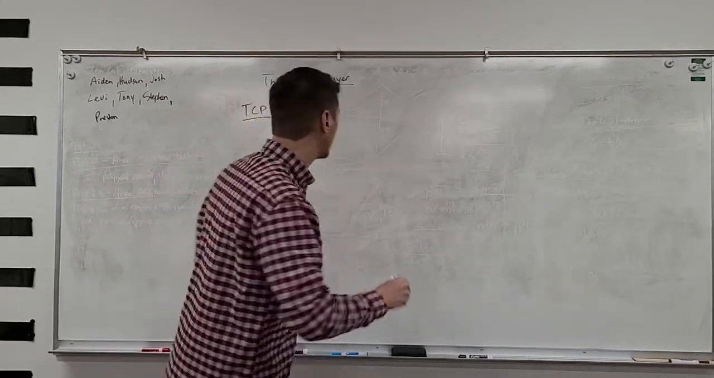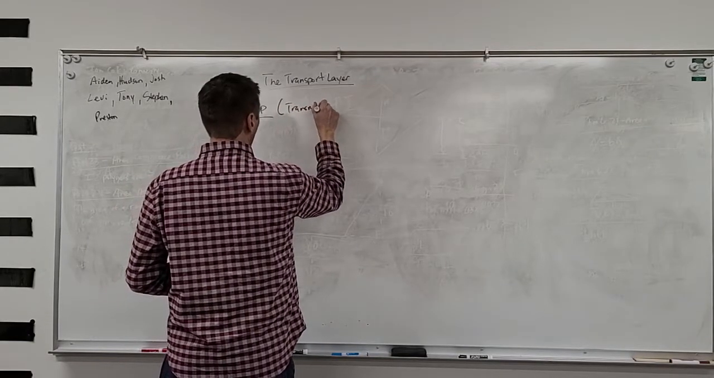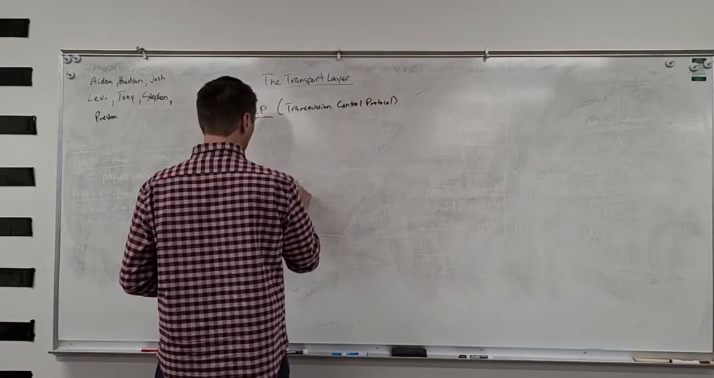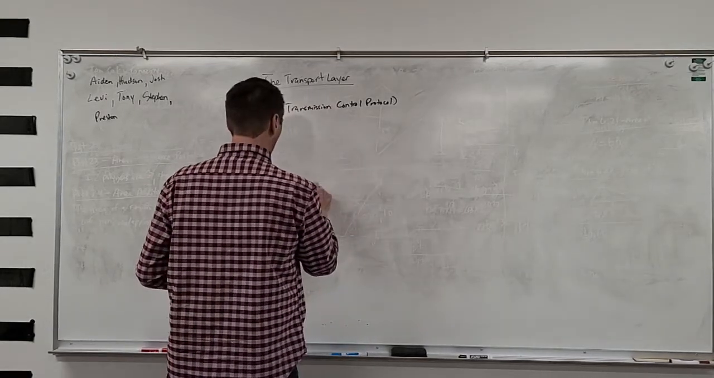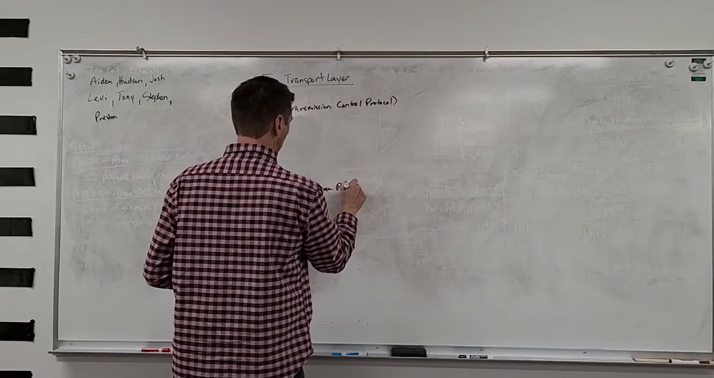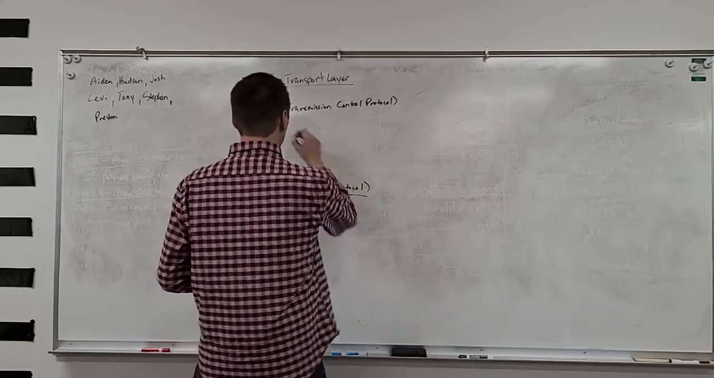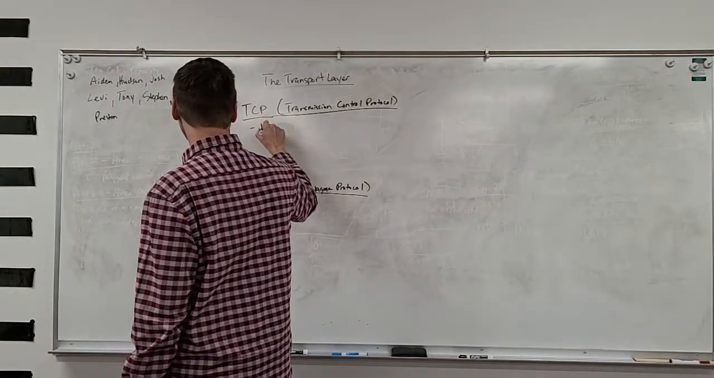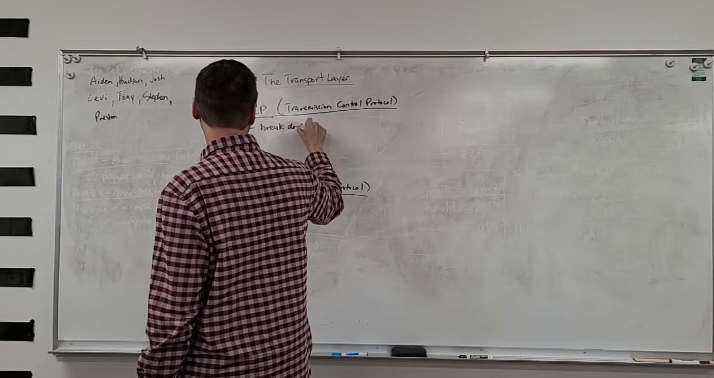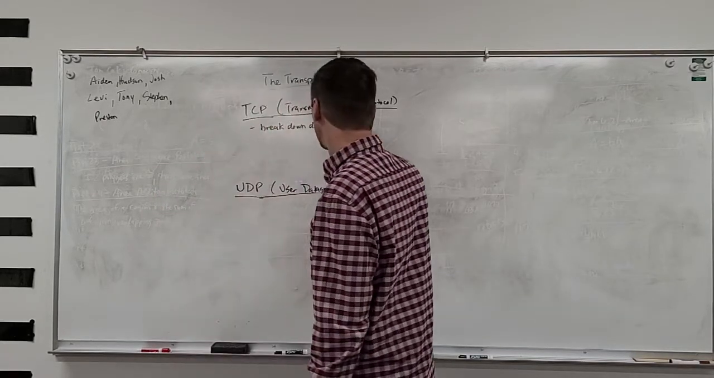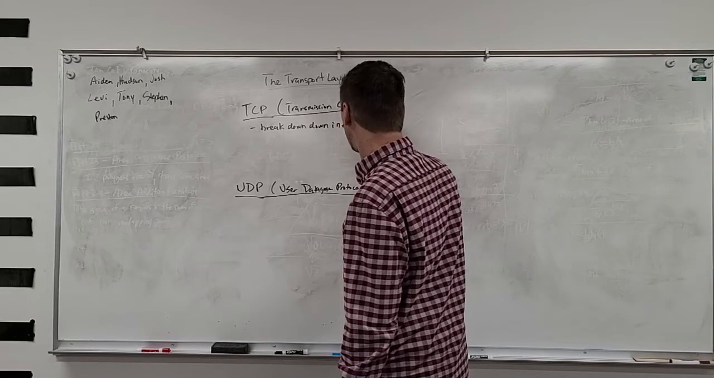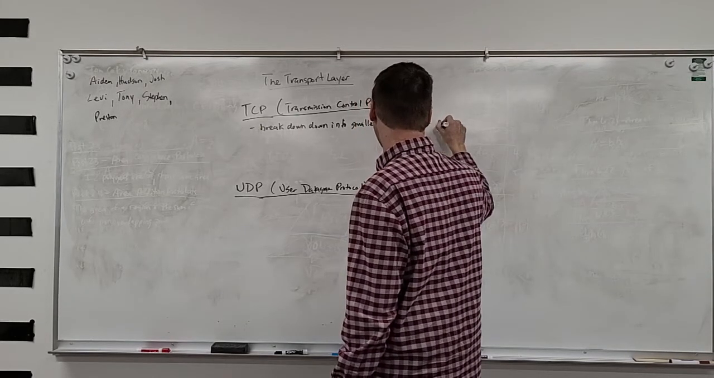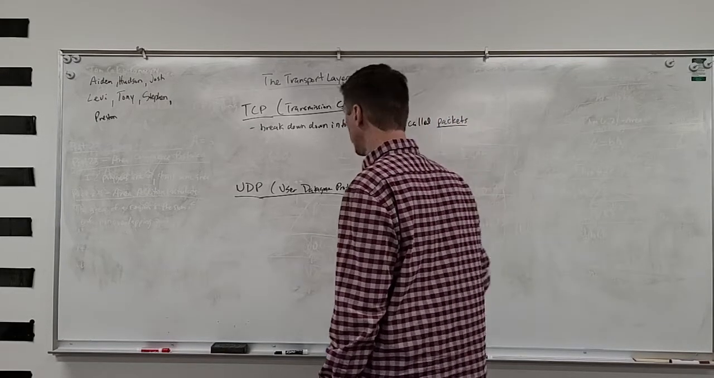And what I want to highlight between the two: this stands for transmission control protocol, and this stands for user datagram protocol. I just want to highlight some key differences between the two. Both of them take the data and break it down into smaller pieces. So both do this, but they call these things different names. TCP calls them packets, whereas UDP